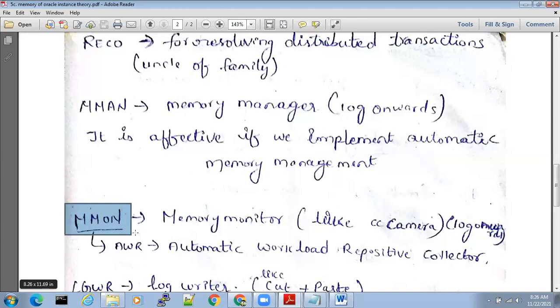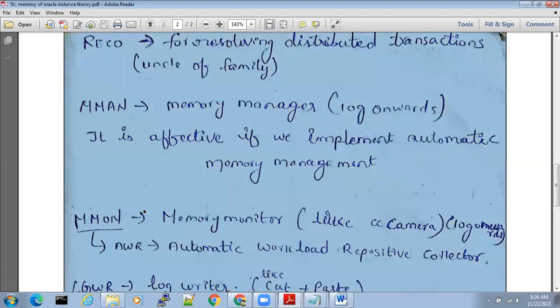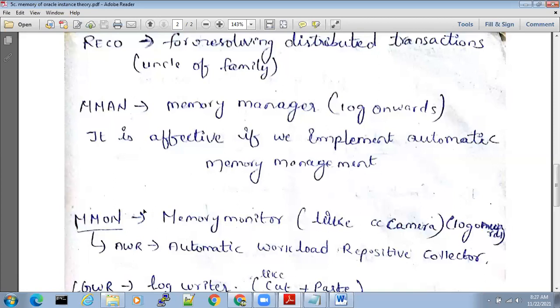Memory monitor background processor is like a CCTV camera from the back end. What it will do is, listen carefully, for every 1 hour, remember this, in a day how many hours are there? 24. Why are the remaining people not talking?